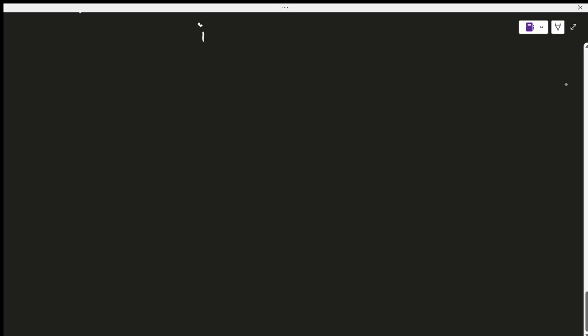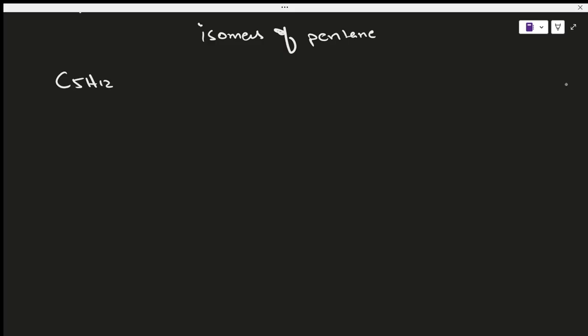Okay, so let's now look at the isomers of pentene, right? And this gets a bit interesting here, because previously we were dealing with only 4 carbons, and now we are dealing with 5 carbons. So this is the molecular formula, and if I were to write the structural formula, I'm not making the complete structural formula, I'm writing it this way: